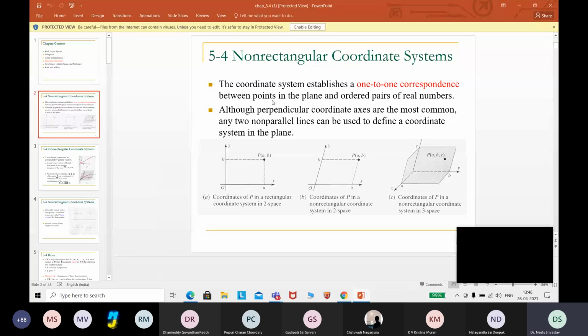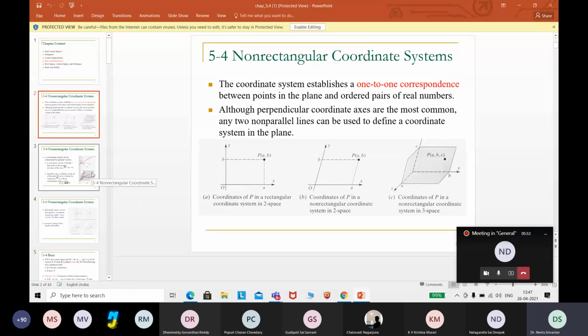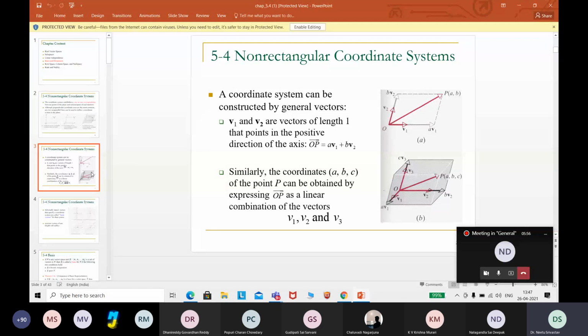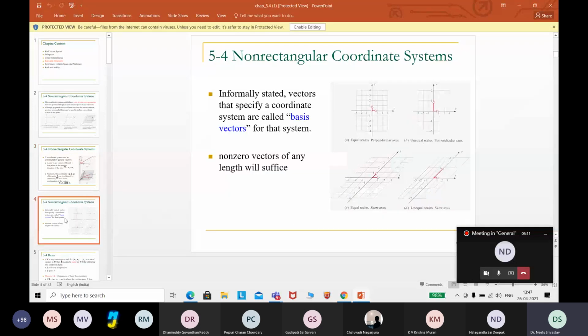So now this is just a two-dimensional and three-dimensional coordinate system where the location of the point is given. You can see here P(a, b) in the two-dimensional coordinate system, or if you have a non-rectangular one, but also in the three-dimensional space. So just a representation for 2D and 3D. Then vectors also can be represented like this. If you have two vectors, the sum of two vectors will be the diagonal of the parallelogram. If you have three vectors and all are on the positive side, then definitely the sum will lie in the first octant. So like that, the representation of vectors is given.